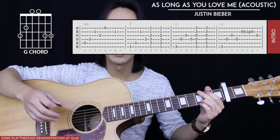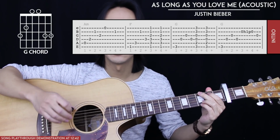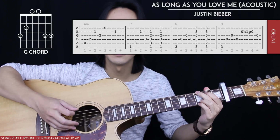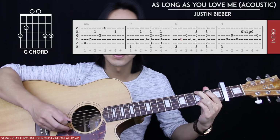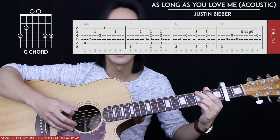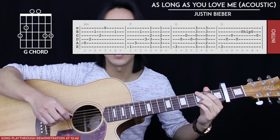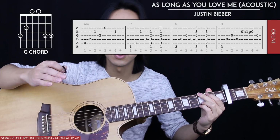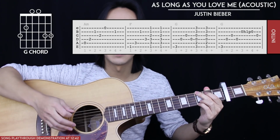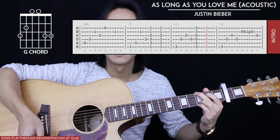Then we get to our G chord shape. Our structure here is going to be very similar to what we had in the F chord. So there's going to be 4 plucked notes and then we're going to strum that chord twice. Our 4 strings that we're going to hit are the 6th string, then the 4th string, 3rd string, and then back to the 4th string. And all together. And then we strum that chord twice. Again, after that first strum, you want to mute it. That's optional though, but it will sound better if you do. And in total, this bar sounds like this. 1 and 2 and 3 and 4 and...